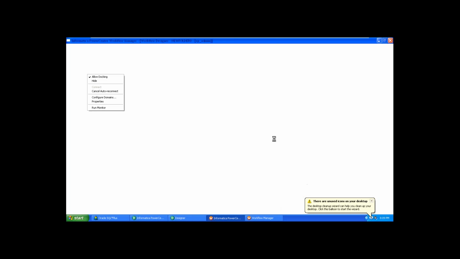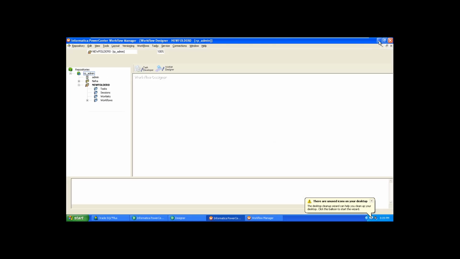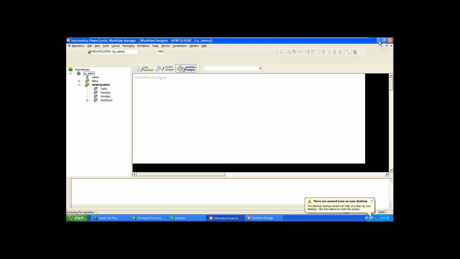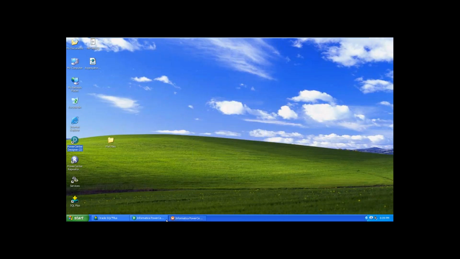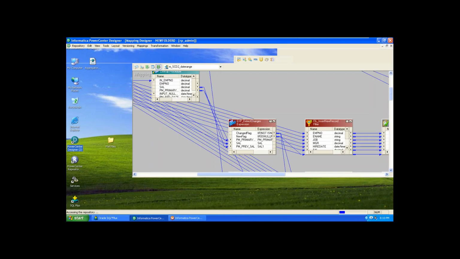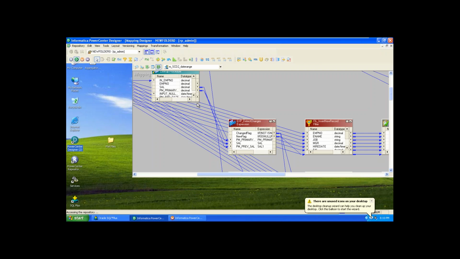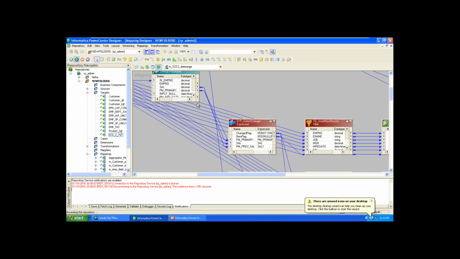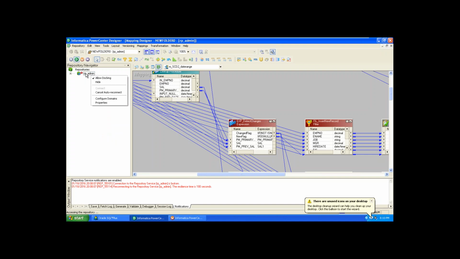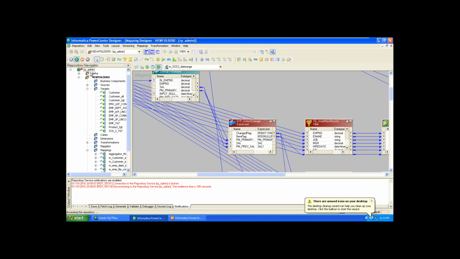Open the mapping that we created last time. The SCD2 we created, right? Open the same mapping. Just give me a minute, there are some error messages. Okay, good. This is the SCD2 mapping, right? So the first flow is for inserting the new records, and the second flow is for